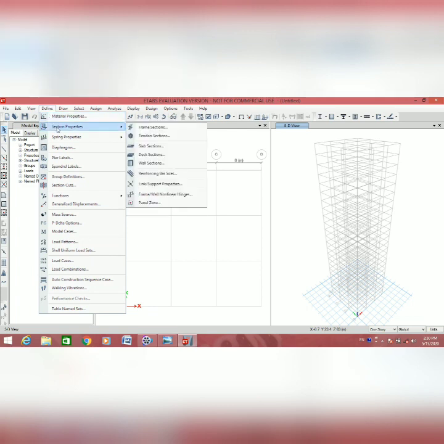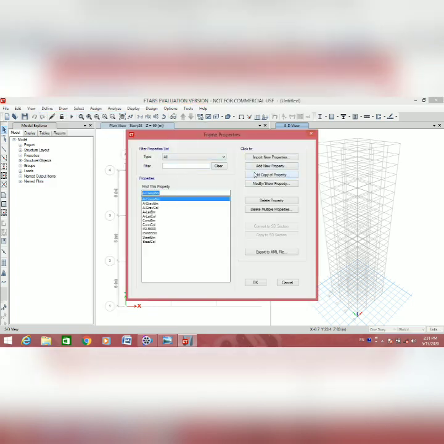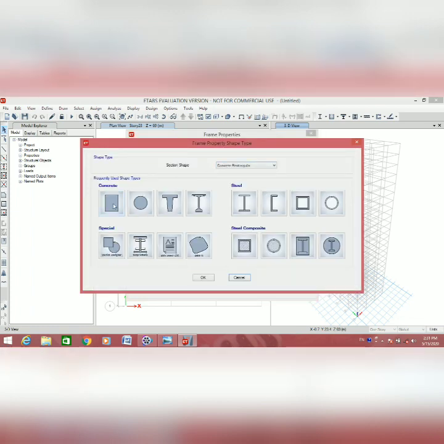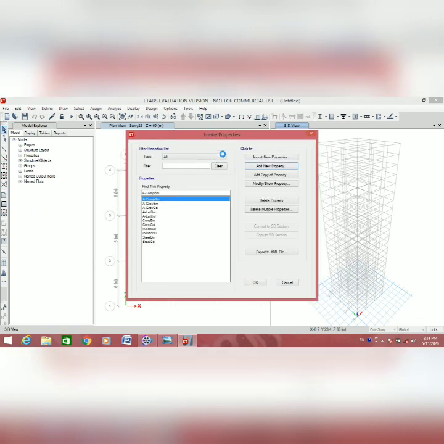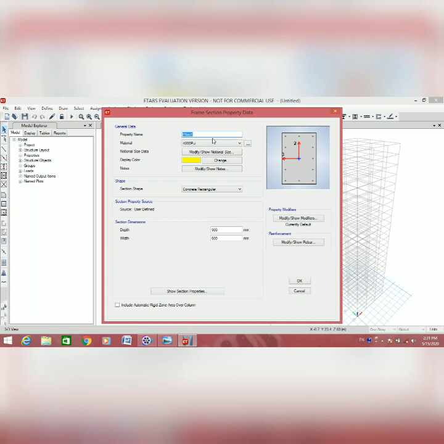Then define section property, frame section. Add new property for rectangle, for the beam, and give the name beam 500 cross 300. Material M40, and give the dimensions depth 500 and width 300.